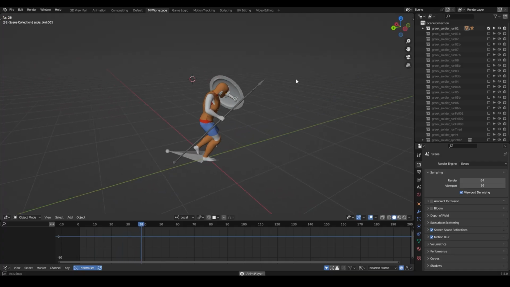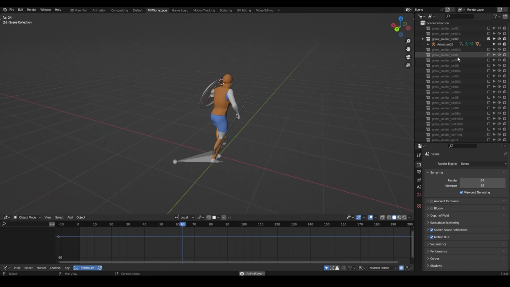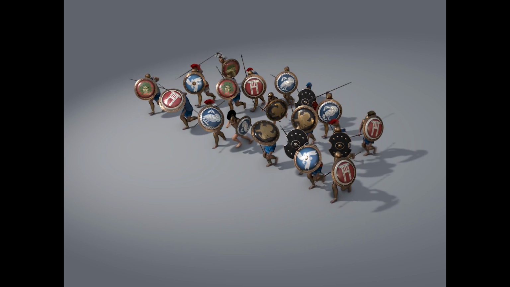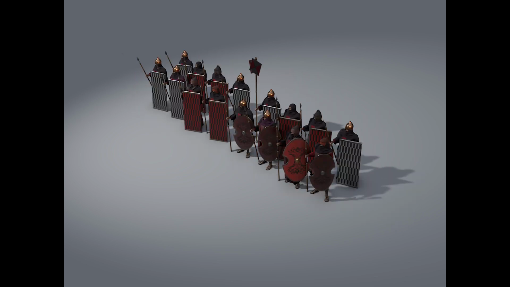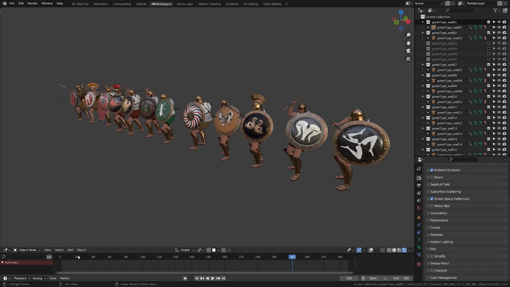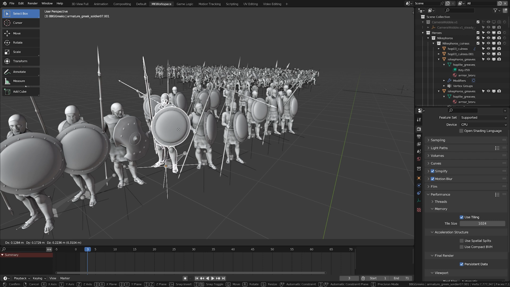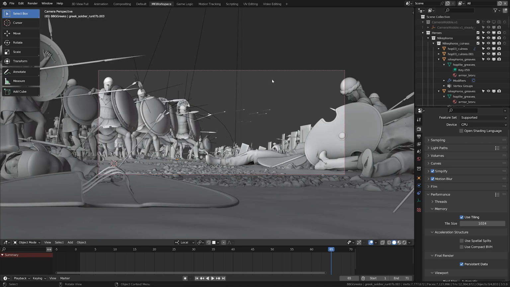As I mentioned in the previous breakdown video, having separate blend files for all sorts of characters with different animations helped me immensely. I built libraries of running soldiers, attacking soldiers, shield walls, even cavalry and civilians. These were often highly optimized with shared materials and textures and as few polygons as possible. And those I was then able to link into my scenes to quickly fill the background. Even so, this scene ended up with 12 million triangles, which, well, is quite a bit.